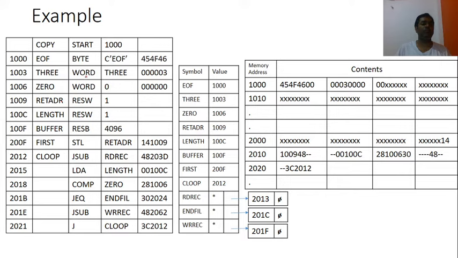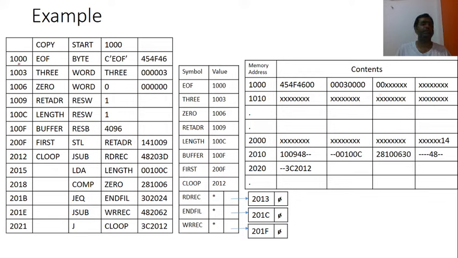Now when we want to apply the one pass assembler or load and go assembler, we always try to write all the data items before the simple instruction if it is possible. Now you can see this is the program and this is the symbol table. We have to enter these values. These are already written, but we have to enter them one by one in the symbol table when I am reading this program line by line, or you can say statement by statement. And this is the memory where we have to load the program. These are the memory addresses and these are the contents of the memory.